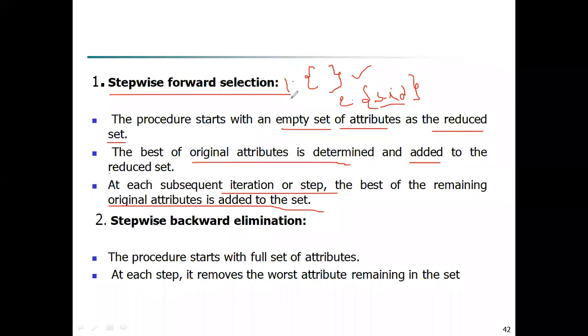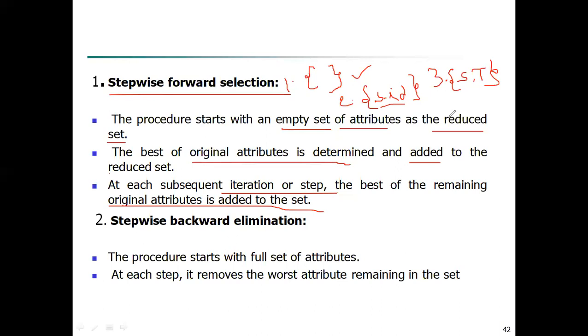Is it clear? First, you should start your selection with an empty set. In the second step, add the most important attribute. After that, third step, take SID and total marks. If you want to calculate percentage, you need SID and total marks, these two are needed.